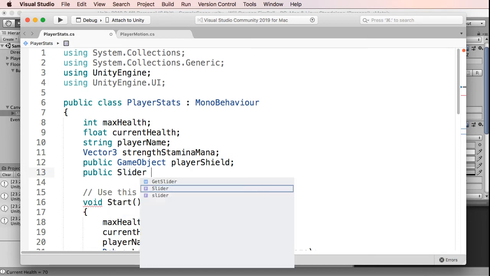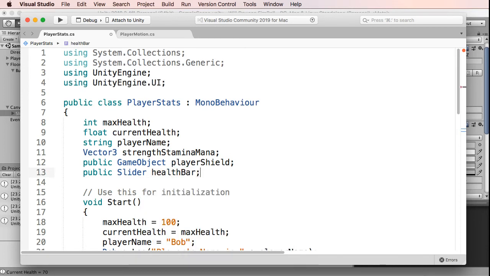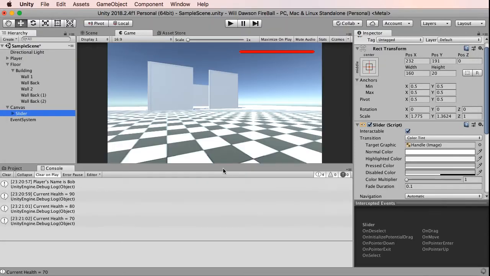This is not a normal game object, and I'll explain in a moment why we're not using a game object, even though it's a game object that we're going to grab. So it's a public Slider, and I'm going to call it healthBar. That should be fine, semicolon. Okay. I'm going to save that, go back over to Unity, and if I pick my player,